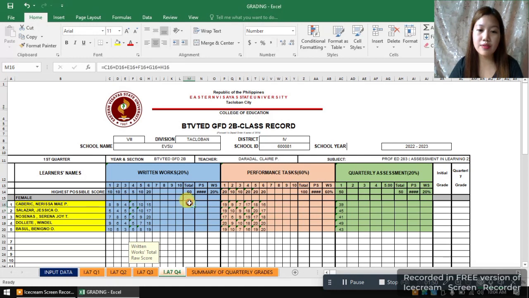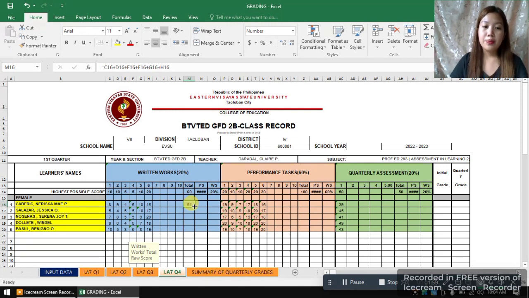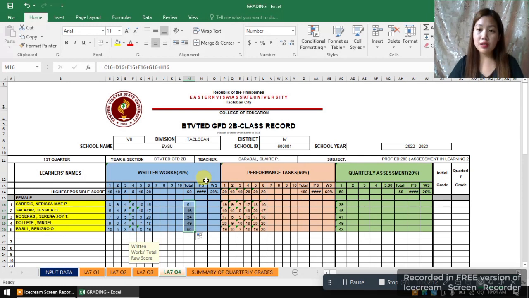So to make it fast and easier, you just have to drag the cell in order to get the scores of the other students as well. So here we go. We have the scores of the students. Now then, to get the possible score, we just have to